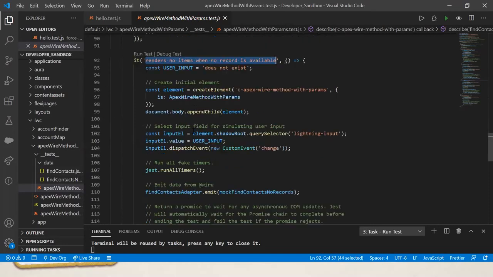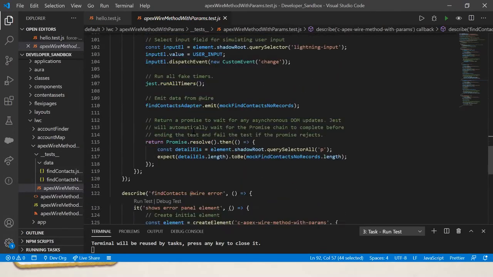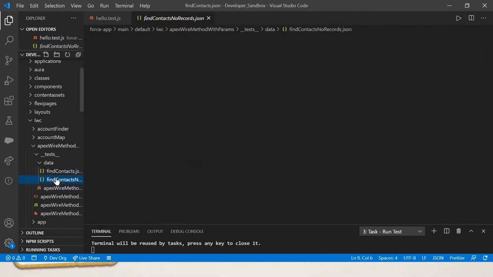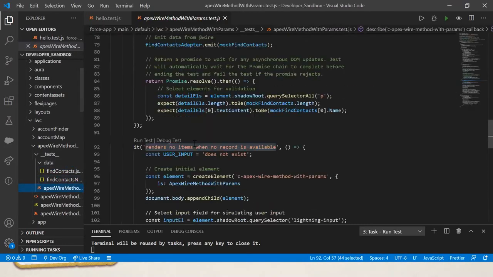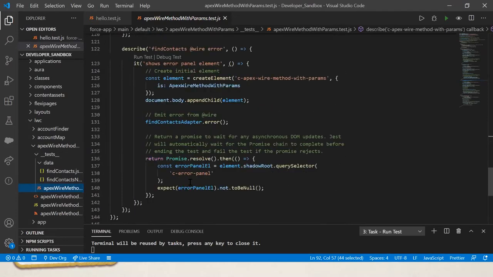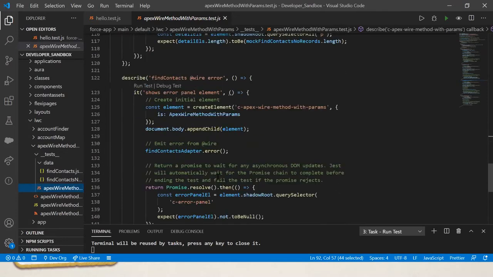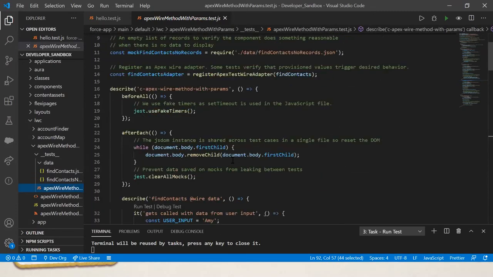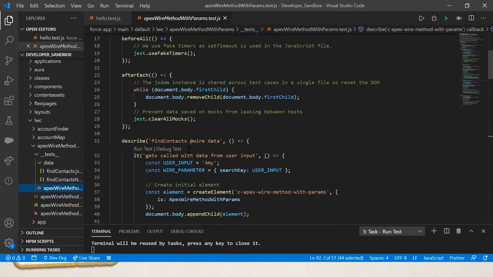To test all these scenarios, we have a JSON file with one record, a JSON file with no records, and the exception scenario, where you just need to verify that the error panel is throwing your error or not. So these three things we have to verify with this component. Let me explain one by one.